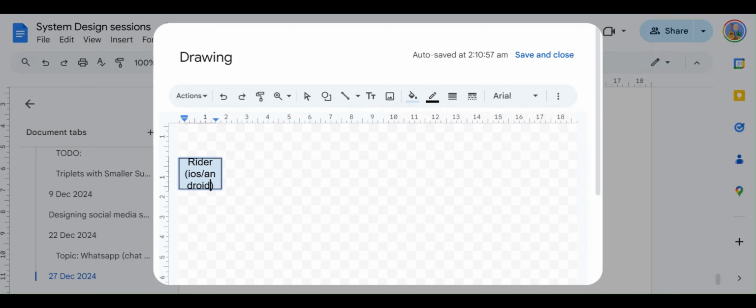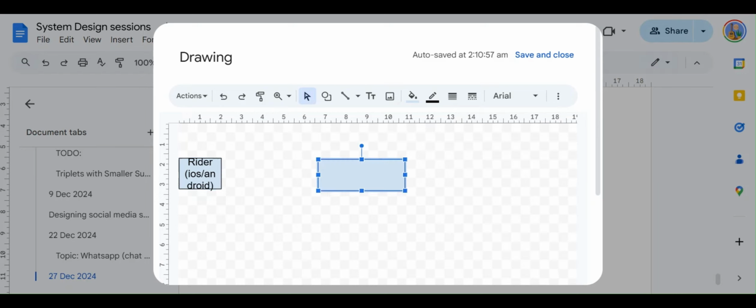So we can have a ride service over here. This is going to be our very first service that we are exposing. Imagine right now there is just one instance of it, so all the requests are just going into this ride service.